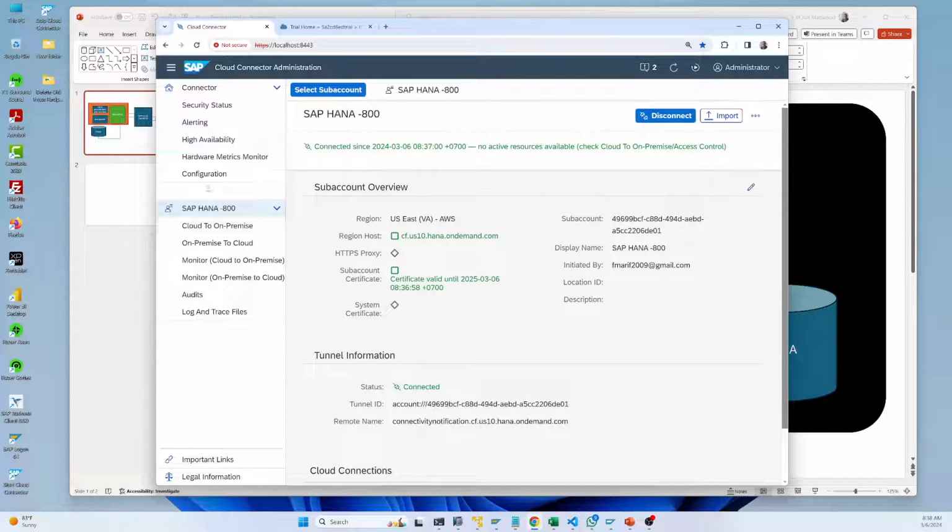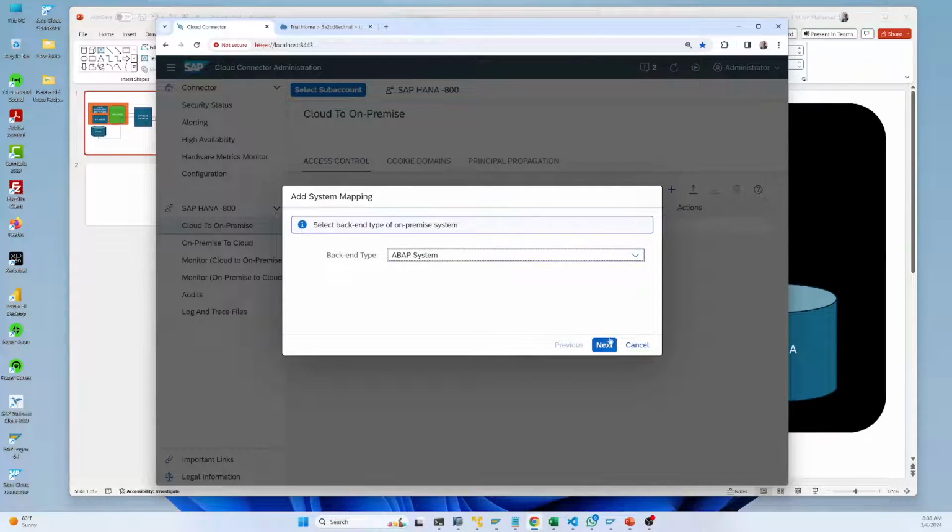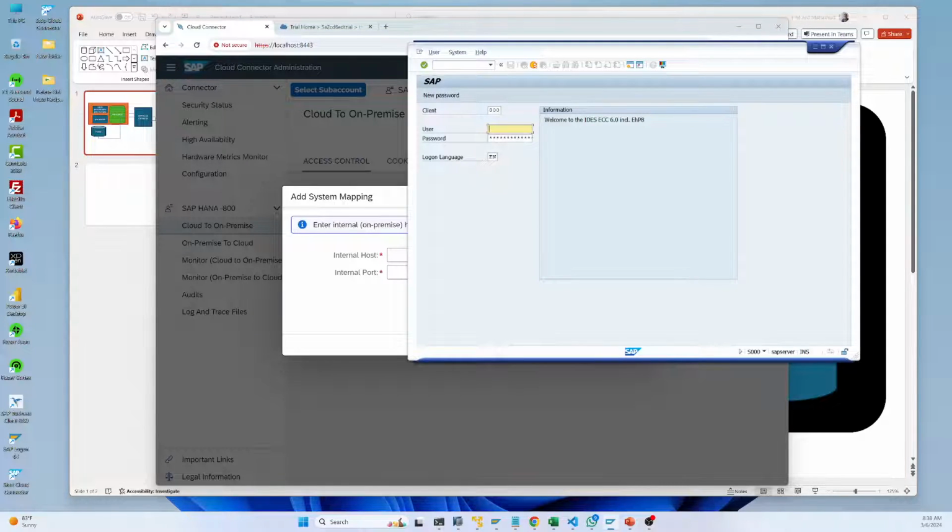Here we have to click on cloud to on-premise and do some setup. Add new, choose the system type, HTTP, and then the internal host and port. So how will you get this port? If I go to SAP,